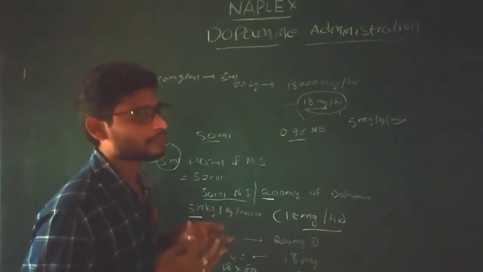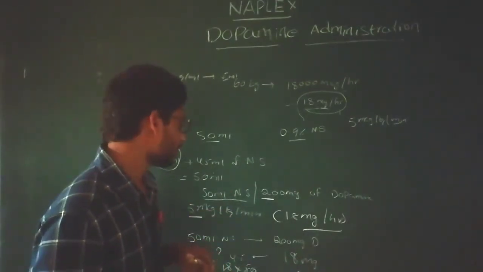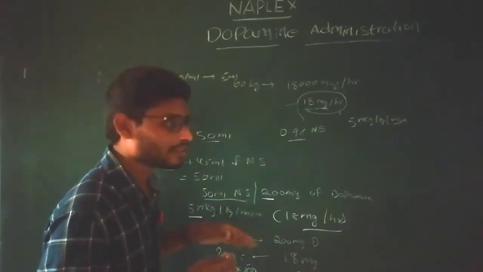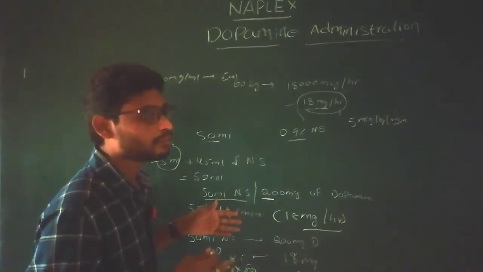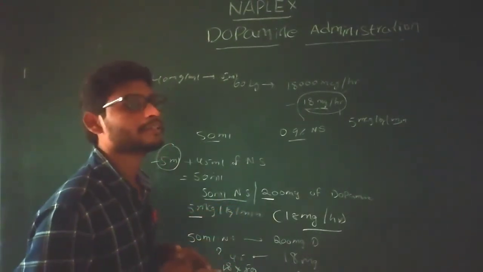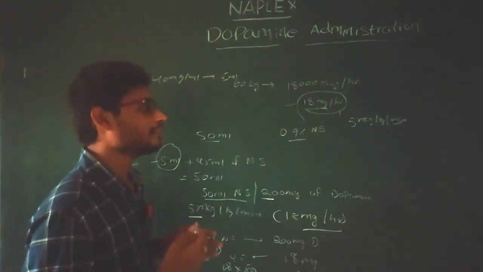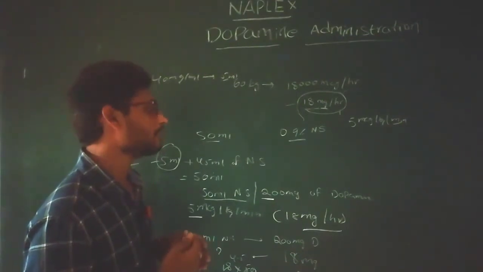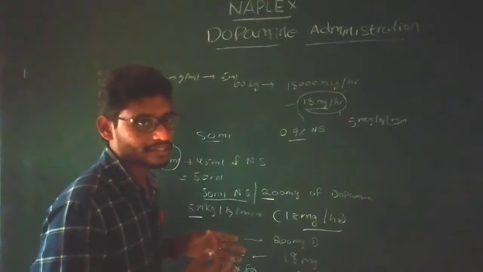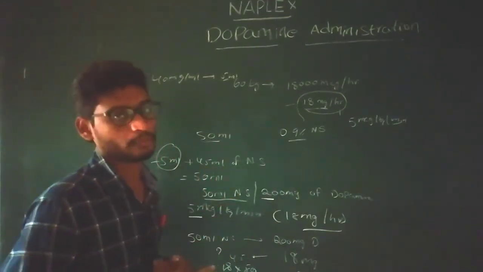So how do you know that the patient is improving on administration of the initial dose of dopamine? For example, if the patient is not improving, we can easily determine it by observing the blood pressure, the heart rate and the urine output. These are some of the signs that can be observed while interpreting whether the patient is improving or not on administration of initial doses of dopamine.